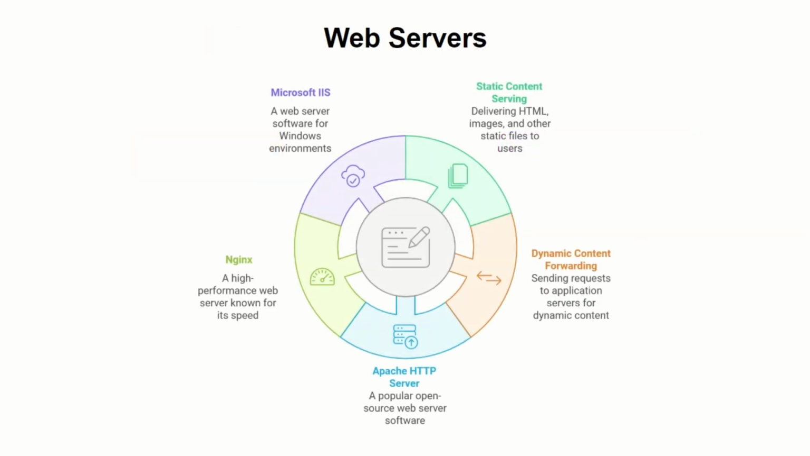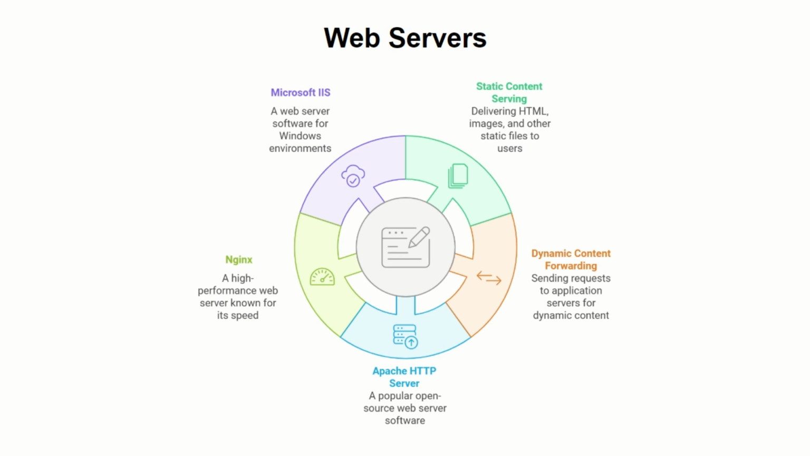Web servers primarily handle HTTP requests from clients. Their main role is to serve static content like HTML files, images, CSS, JavaScript, etc. And in some cases, forward requests to an application server for dynamic content. Basically, a web server is a software application or hardware system that hosts websites and serves web content to users